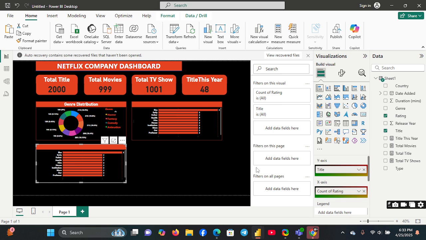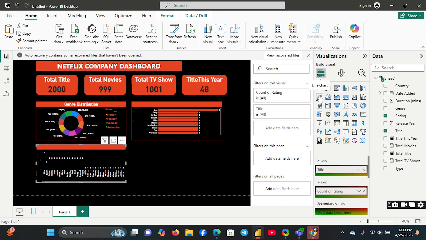We also need to plot a new chart. For that we click on line. Under the line we click on line chart here. So after I click on line chart, we are going to date added. For the date added, we are going to make use of